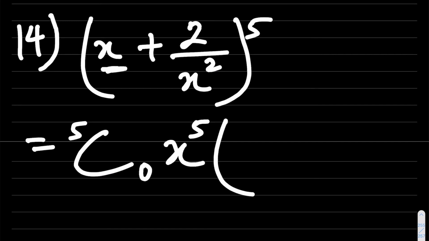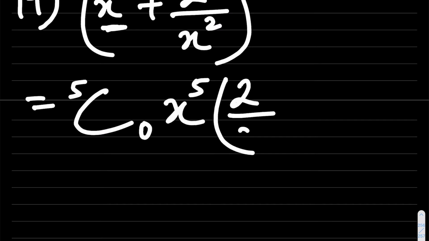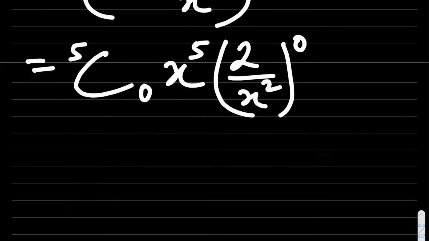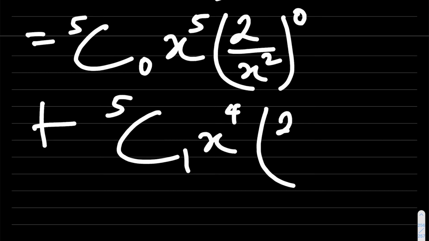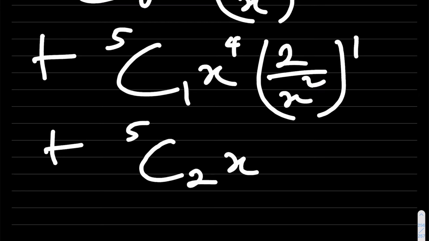So that means here we have 5 combination 0 times x raised to power 5 times 2 over x squared raised to power 0, plus the next term will be 5 combination 1 times x raised to power 4, that's decreased by 1, times 2 over x squared raised to power 1. This has also increased by 1, plus the next term is 5 combination 2 times x raised to power 3